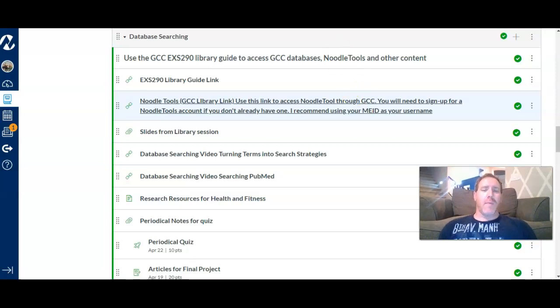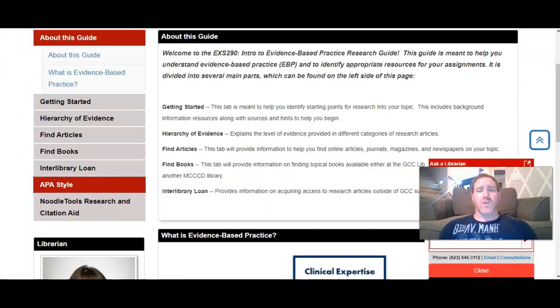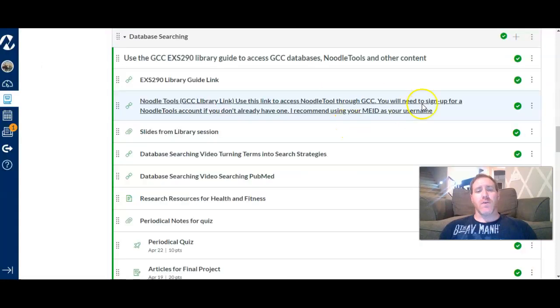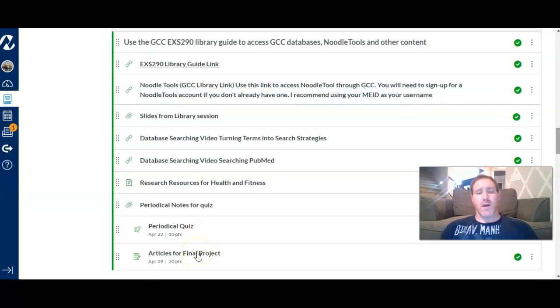But you need to make sure in a link coming up for your articles. So you're going to be collecting articles for this week's modules for your final project, where you're going to be researching your intervention. You're going to be researching your comparison group that you created in your PICO. And this is going to give you some more information on how to set up Noodle Tools, including making sure that you share your inbox with